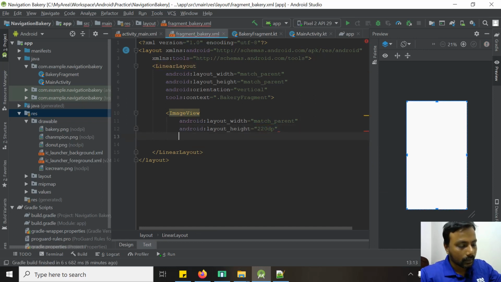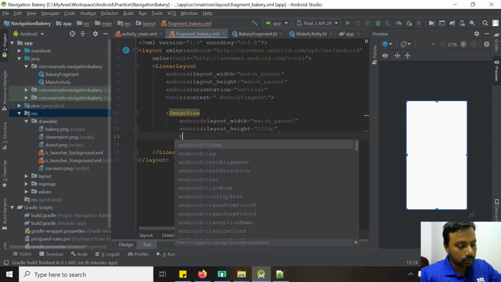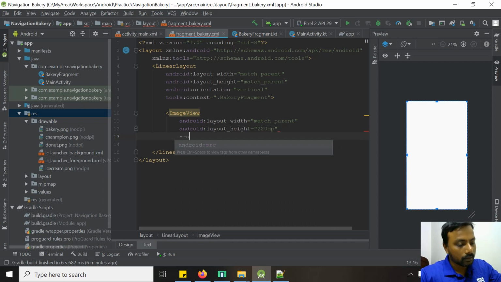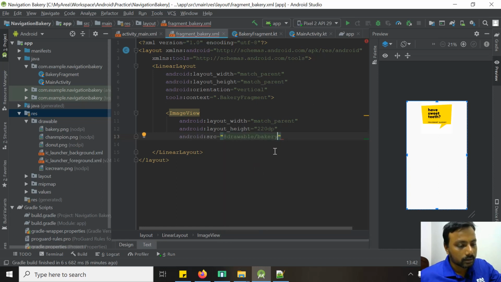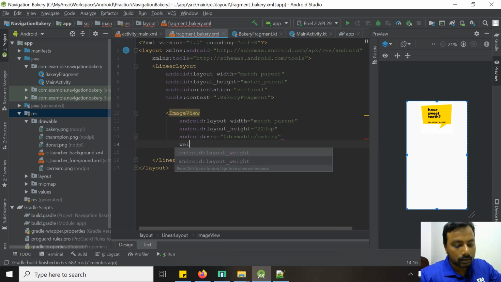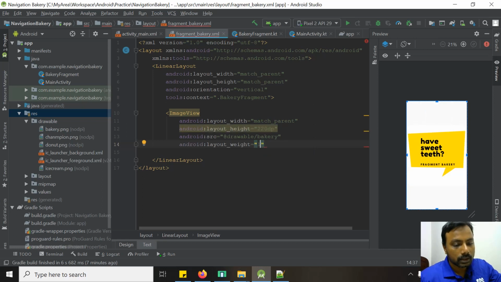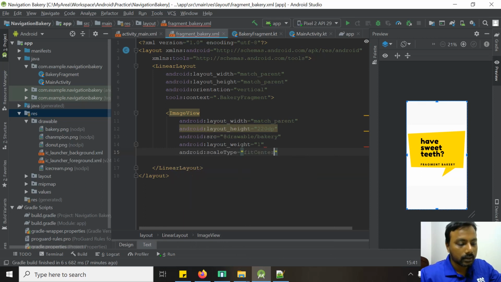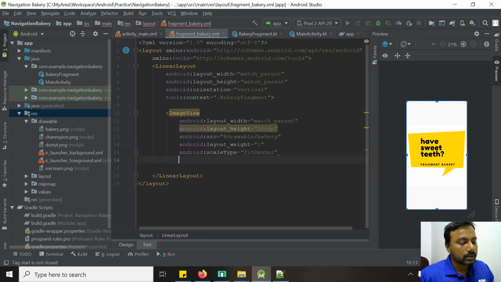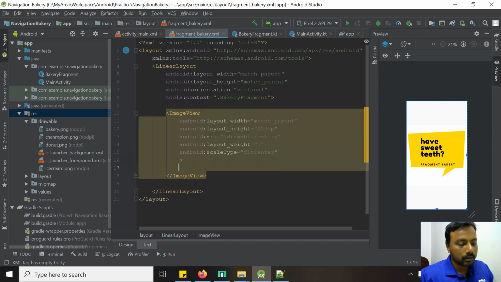and for the source we will use the bakery image. So drawable, this image, bakery, and we will give it a weight of 1. Layout weight equals 1, and also we will add a scale type. Scale type will be fitCenter, and we will need